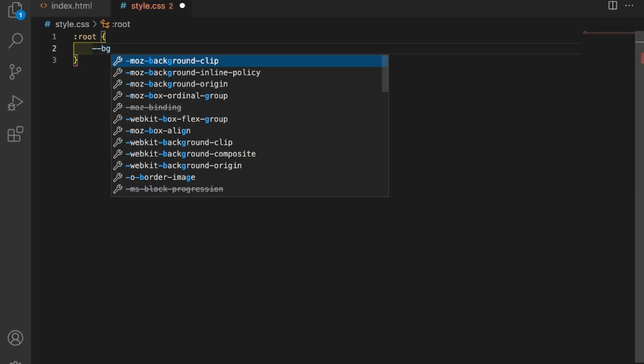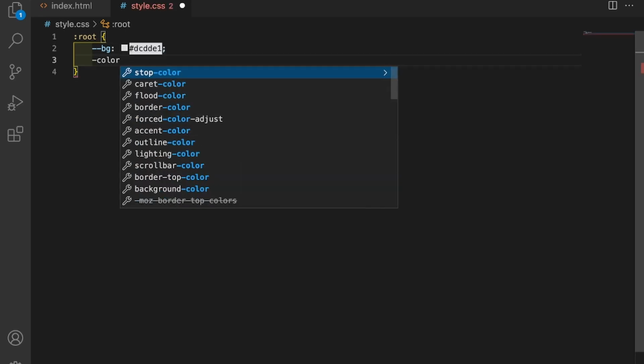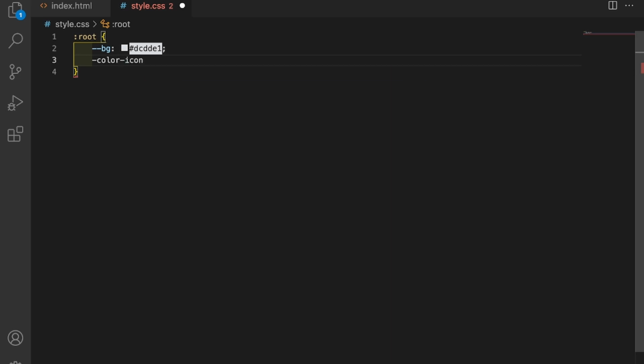So first of all I will write bg for background, and here I will write the color code DCDDE1. Okay. Now the second variable I will define is the basic color for our social media icons. So basically I will write here gray color, or you can say a dark light black color.